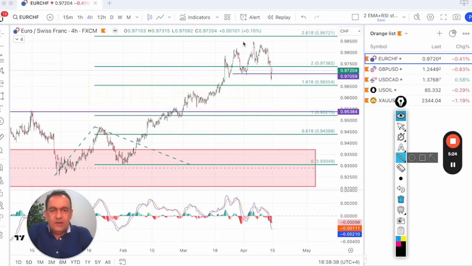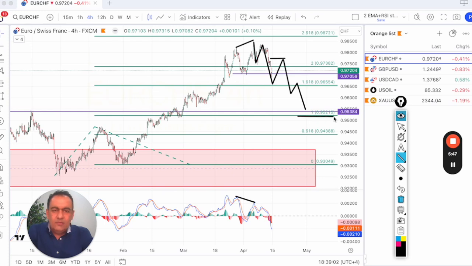So we have bearish divergence between the last two highs followed by BOS, and we can expect a short-term pullback. And on this pullback, the plan is to join the sellers. So in the short run, EURCHF turns bearish, and I can expect correction up to at least this level, so